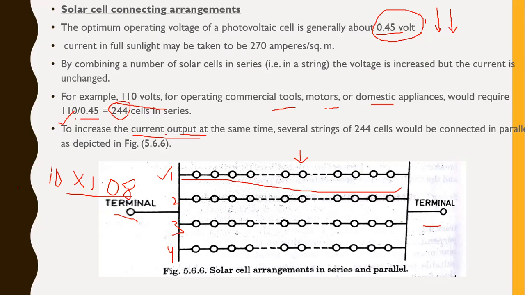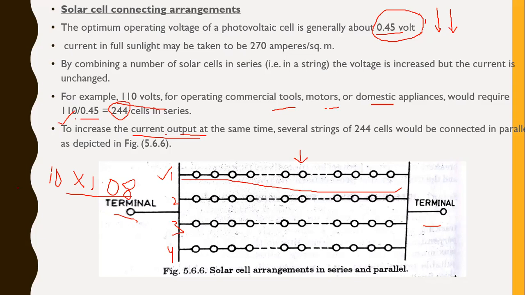Instead of a number of strings in parallel, the current and power can be increased by locating a single cell at the focal line of the sun tracking system. This situation can be seen in parabolic trough and concentrating collectors. There will be some decrease in voltage because of the high temperatures of the solar materials, but the current will increase approximately in proportion to the concentrating factor of the collectors. Voltage will be slightly decreased, but current will be increasing.